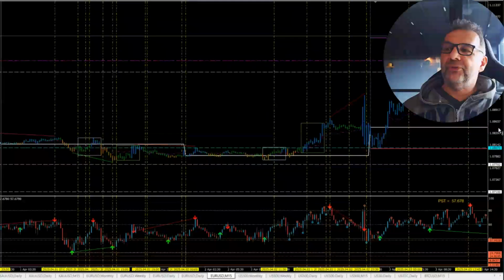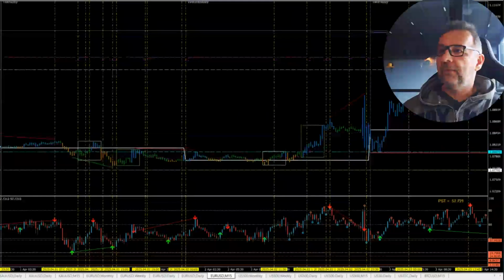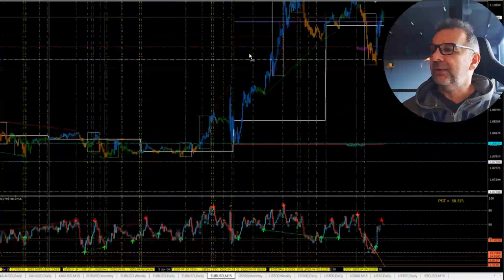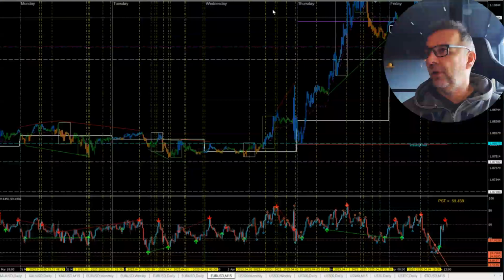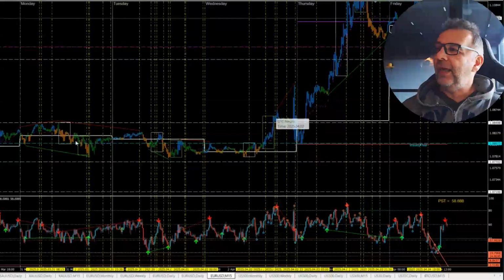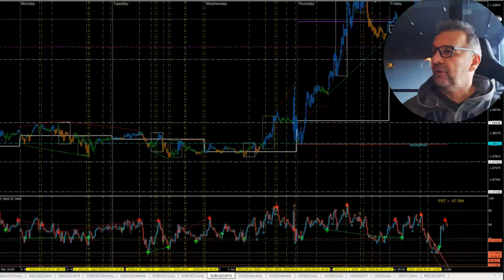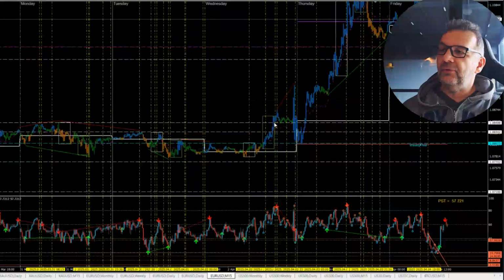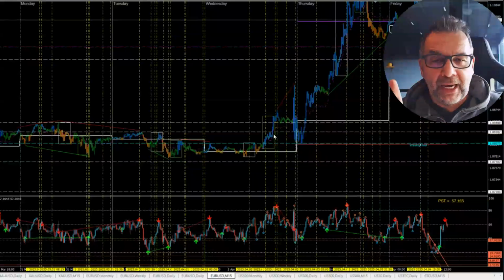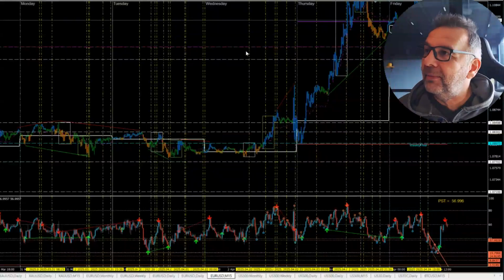Where would they have sold at the trading hours? Okay, so you could have sold in a few places. You could have sold when the market was high, because you don't want to be selling cheap and you don't want to be selling in the middle of nowhere. So here's your zone. That's the Monday high. Okay, so where you would be selling would be at the highs of Monday or the highs of Tuesday, which is there. So the only time you would really be selling is here if it matched your hours. If it didn't match your hours, you don't sell. Okay, you don't trade if it doesn't match your hours.